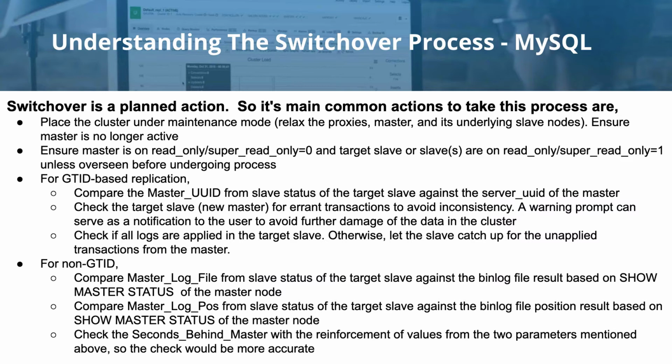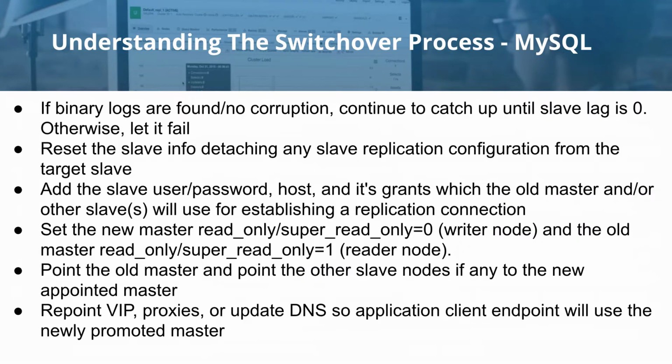For non-GTID replication, compare the master log file and the combination of exec master log pos from the slave status of the target slave against the binlog file and position result of show master status on the master node. Check seconds behind master, with the reinforcement of values from the two parameters mentioned above, so the check would be more accurate. If binary logs are found, with or without corruption, then continue to catch up until the slave lag is 0. Otherwise, let it fail because you cannot continue if the binary log is no longer found, such as removed, moved elsewhere